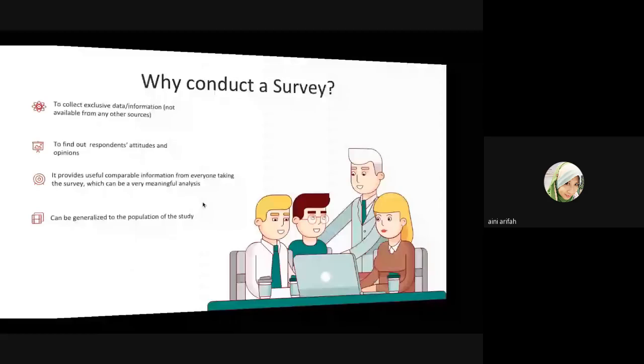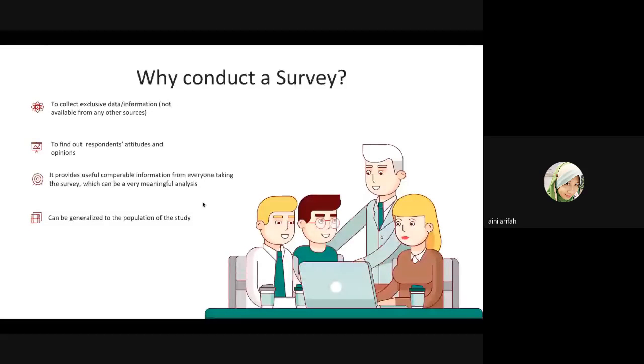So why do we conduct a survey in the first place? Survey is good because you can collect exclusive data or information that are not available from other sources. We call this primary data. Next is where you can find out respondents' attitudes and opinions. And plus, survey can provide very useful comparable information from everyone taking the survey, which can be very meaningful